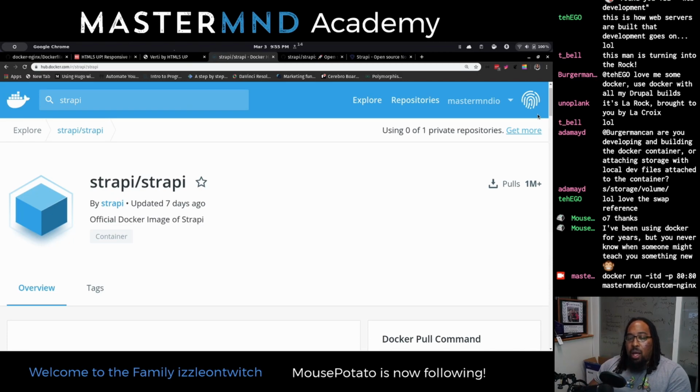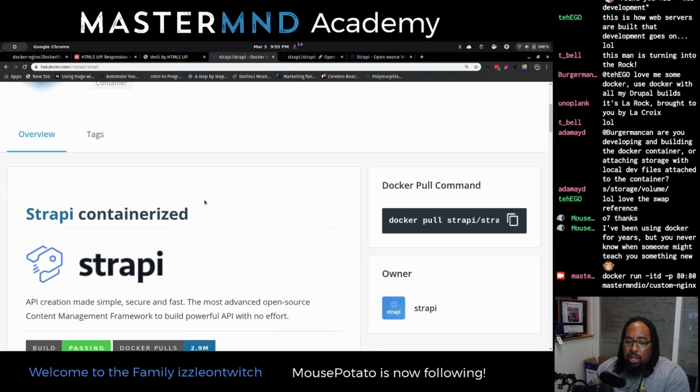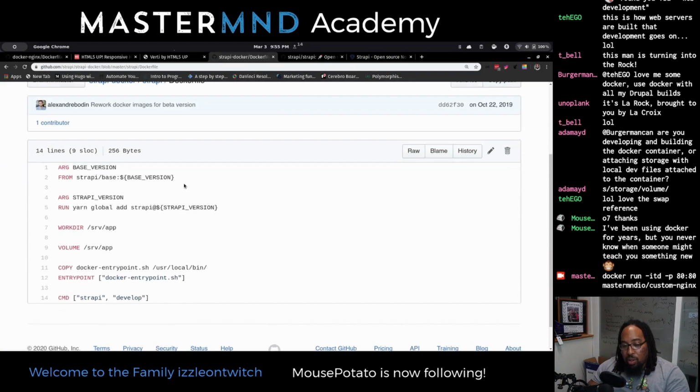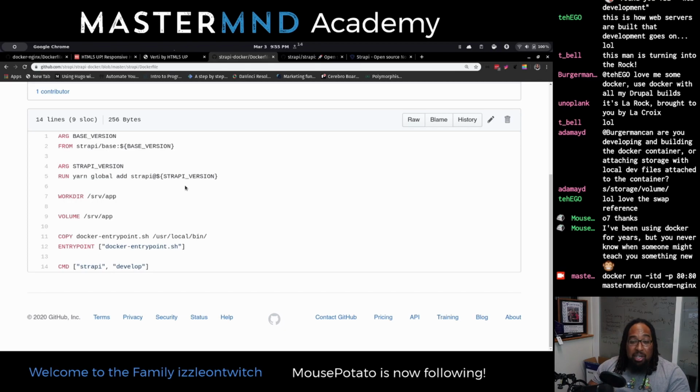So let's go ahead and take a look at what their Dockerfile looks like. And I'll run it so that you guys can see what Strapi looks like. It's a web application that allows you to manage content. Super nice. But that's very simple actually. They're using their entry point script. So look at this, this is a very simple thing. You've kind of seen these things already.